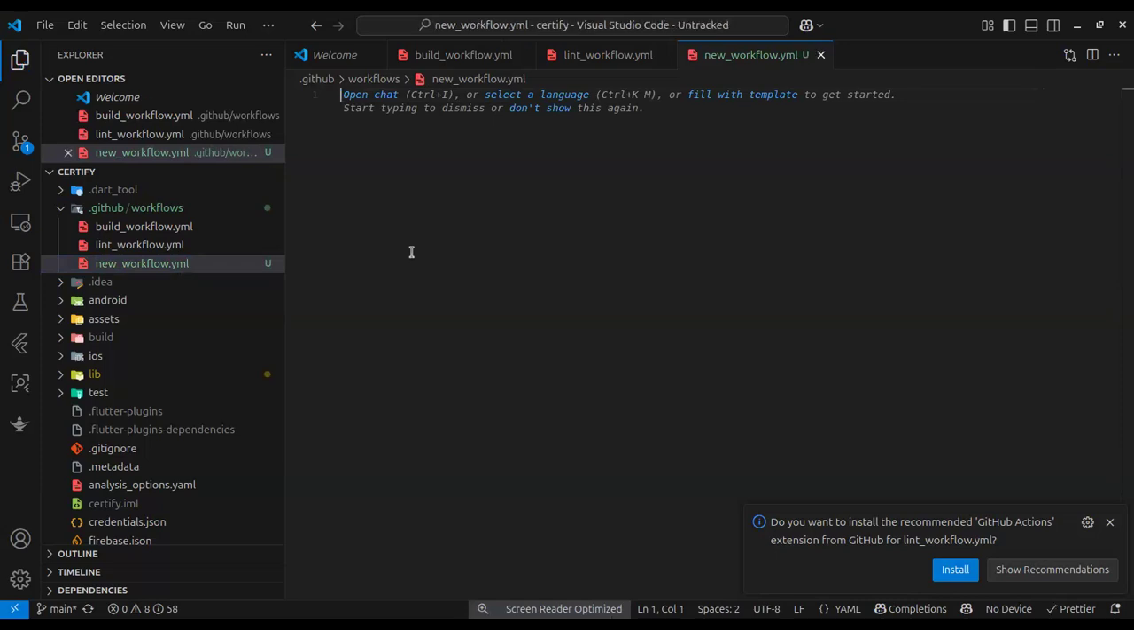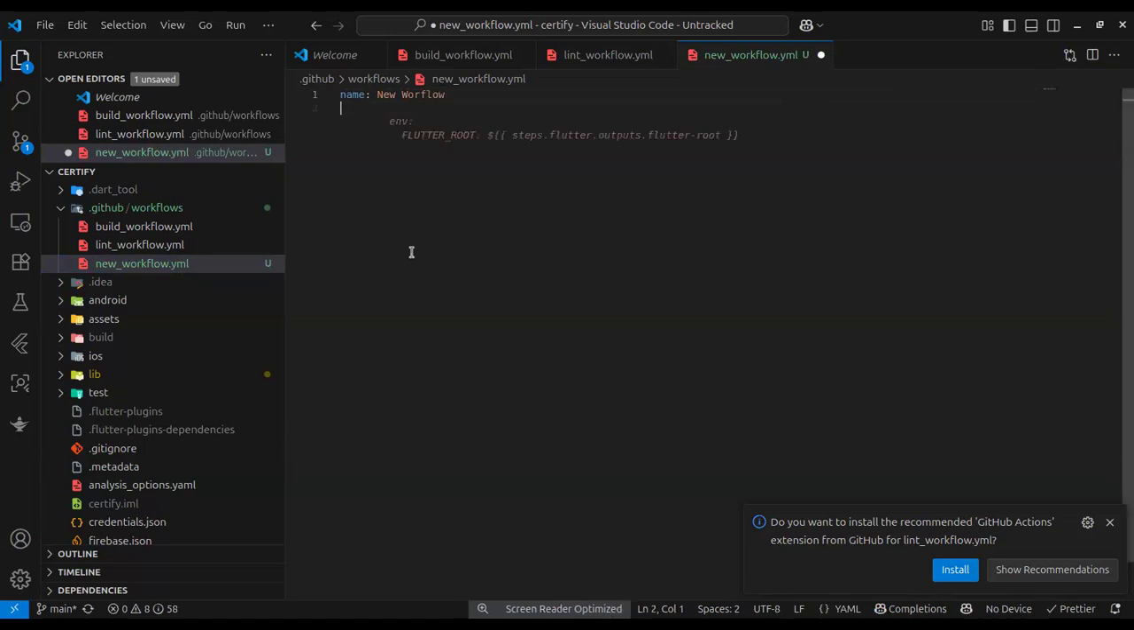So the basic structure of a CI/CD workflow, you first of all have to give it a name. Okay, so we'll name this. Beautiful. So after the name, we now move over to